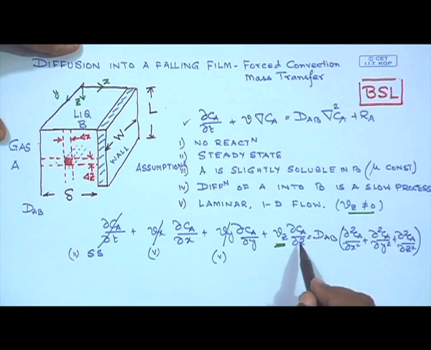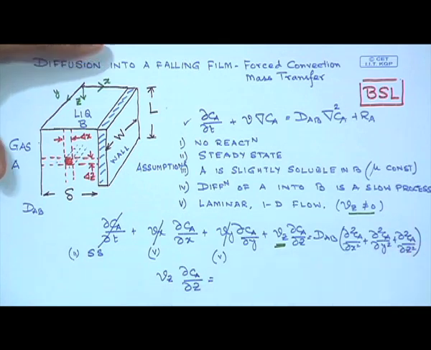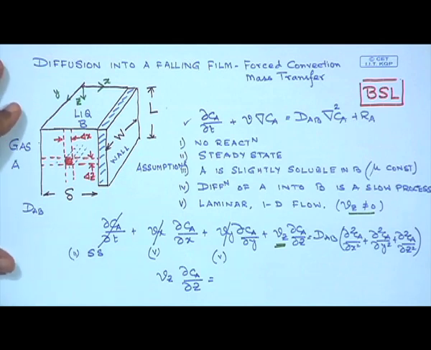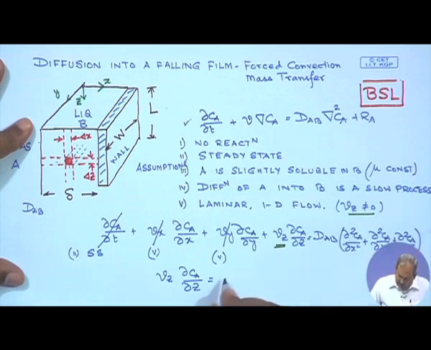It's going to increase with z since it's being absorbed by the liquid. So the entire left hand side then I am going to have is Vz del Ca del z is equal to, then I am going to think about the right hand side. So in the right hand side, what I have then is dAB will obviously be there,